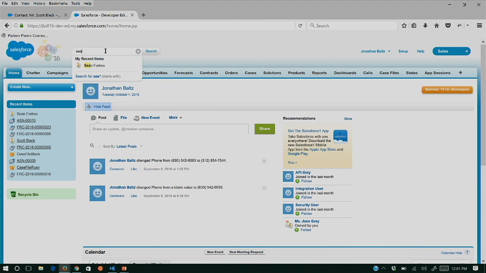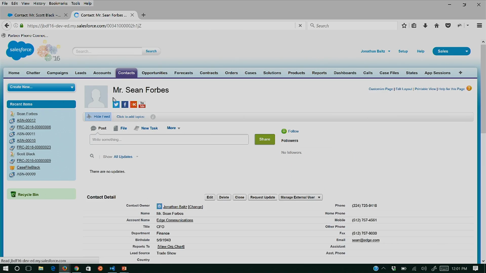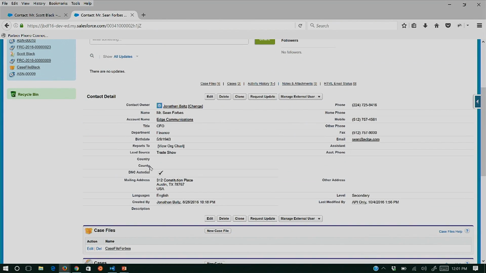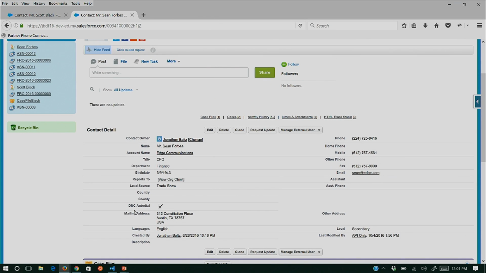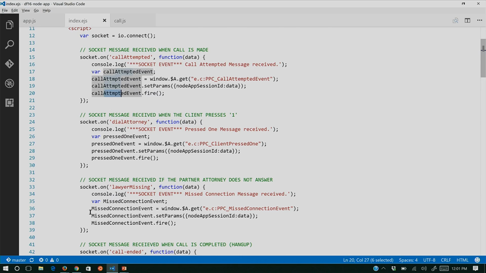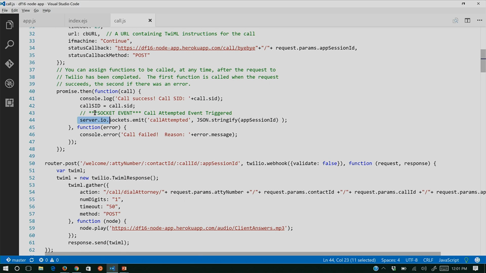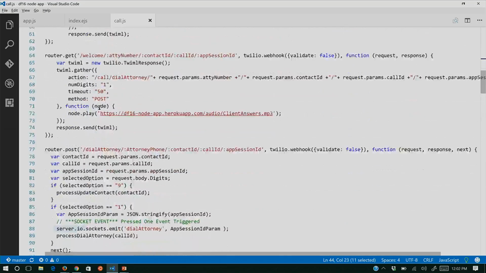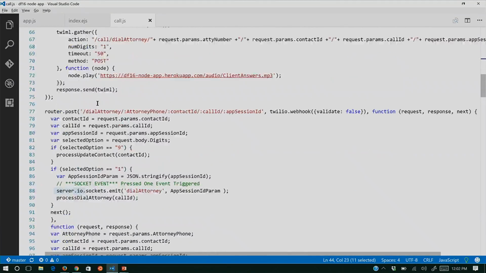So I can go to Sean Forbes. And if you go into his contact detail, you'll see it right here, the DNC Auto-Dialer. So they were set to, by pressing 9, they were set to DNC. How that's occurring is in the actual Node JavaScript code, where if I find it here,